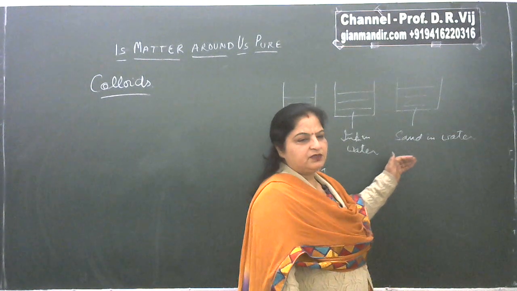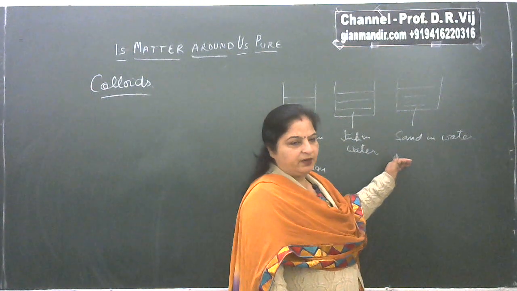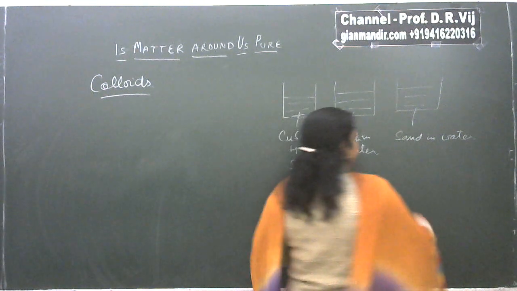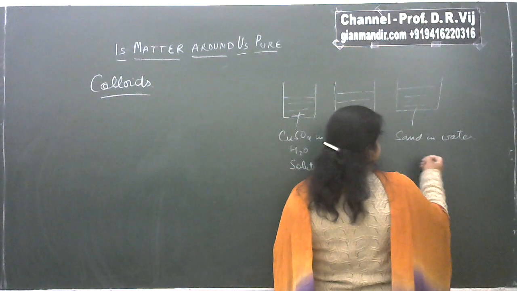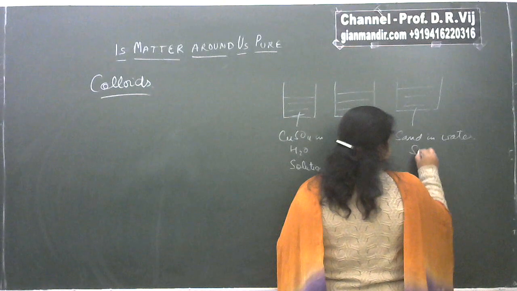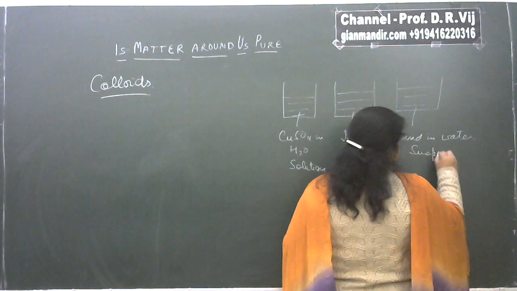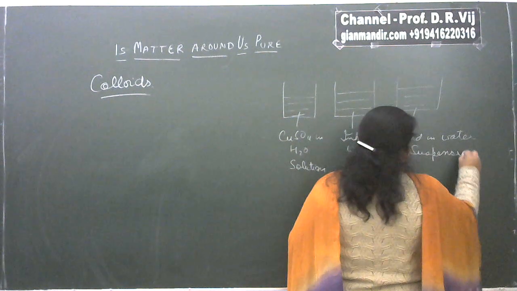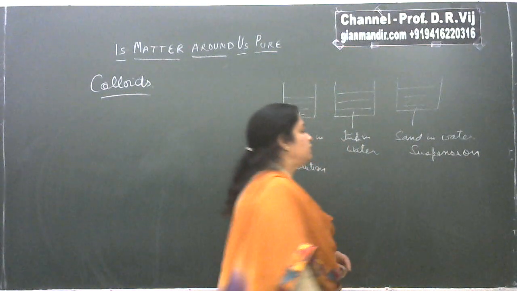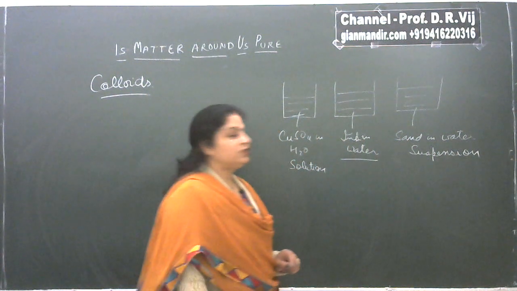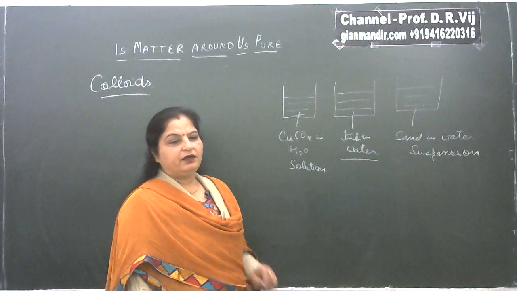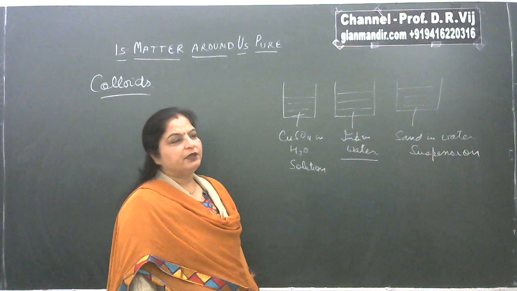particles of components were easily identifiable from each other, and the particles were also easily filterable by simple filtration, and this mixture that we got here was suspension. And if you look at the mixture 2, where you have added ink or milk in water, then what